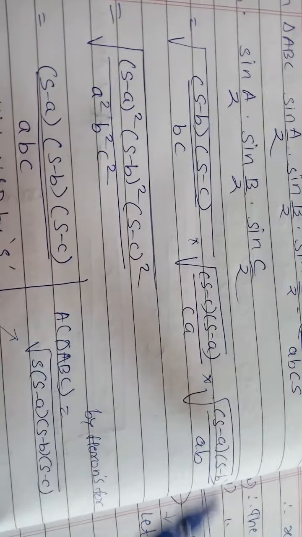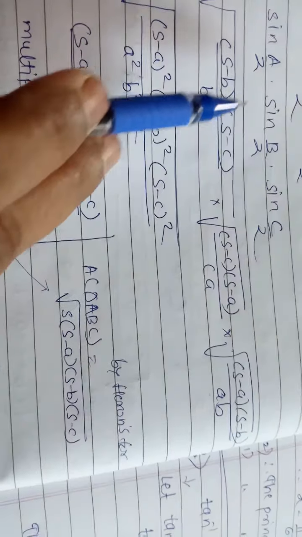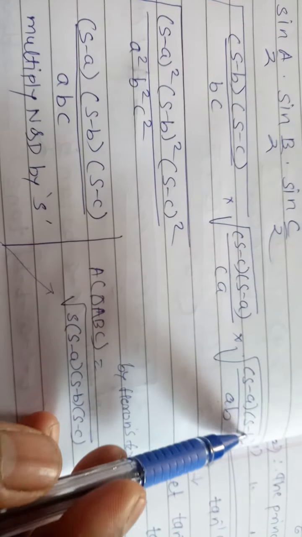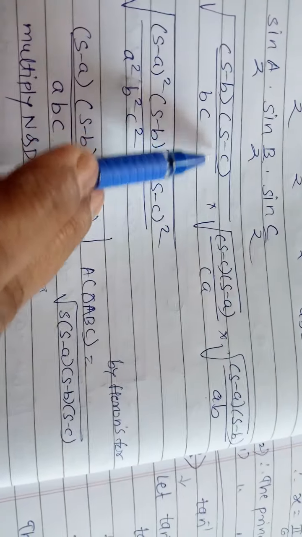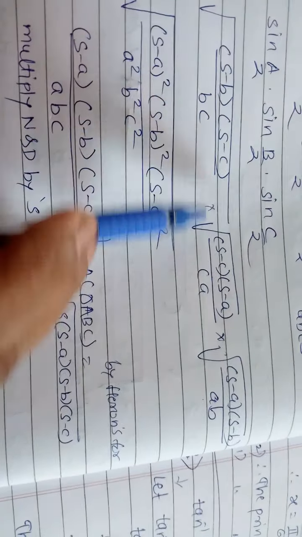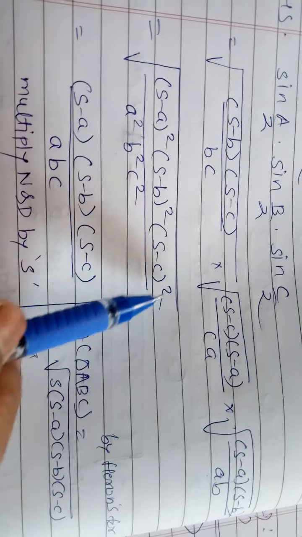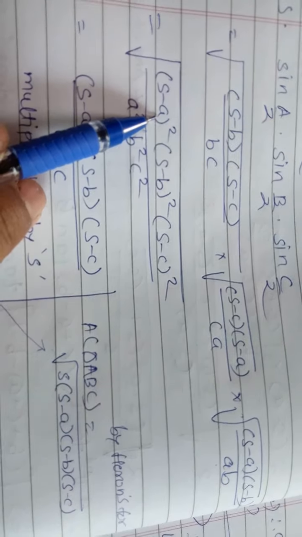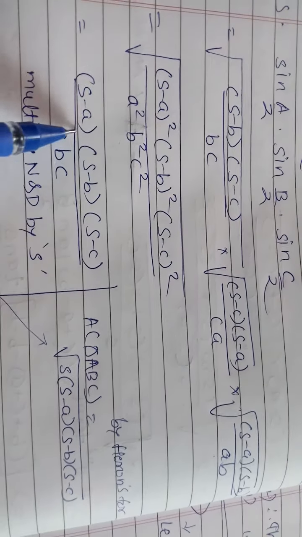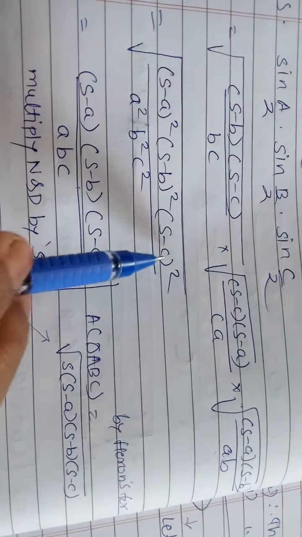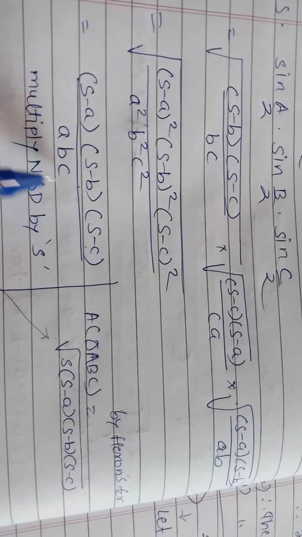सो यहाँ पे अगर हम देखेंगे तो s माइनस ए हमें 2 बार मिला है। सो s माइनस ए ब्रैकेट स्क्वायर, s माइनस b इज ऑल्सो फॉर 2 टाइम्स, सो स्क्वायर s माइनस b, s माइनस c इज ऑल्सो 2 टाइम्स, सो s माइनस c स्क्वायर, ए स्क्वायर इंटू बी स्क्वायर इंटू सी स्क्वायर। ये सब हमें स्क्वायर रूट में मिलेगा। नाउ सी वी हैव टू टेक द स्क्वायर रूट since all the terms are in square. So the square root of this bracket will get s minus a, यहाँ पे s minus b मिलेगा, यहाँ पे s minus c and a b c यहाँ पे हमें मिल जाएंगे।